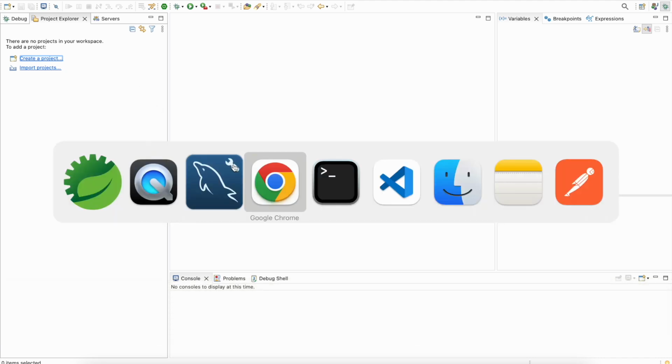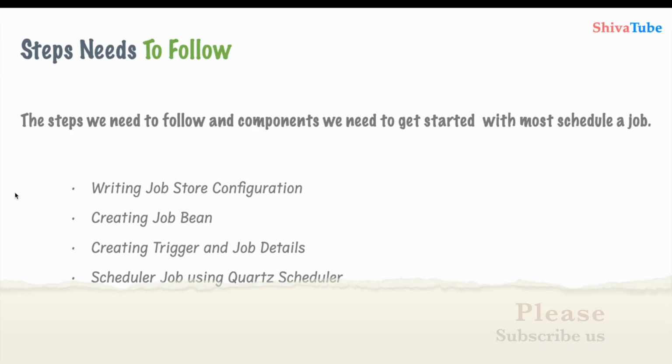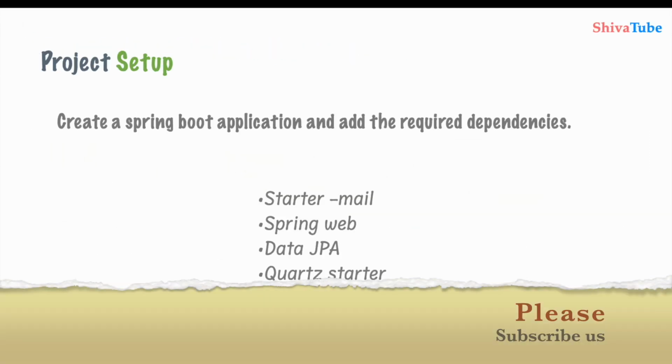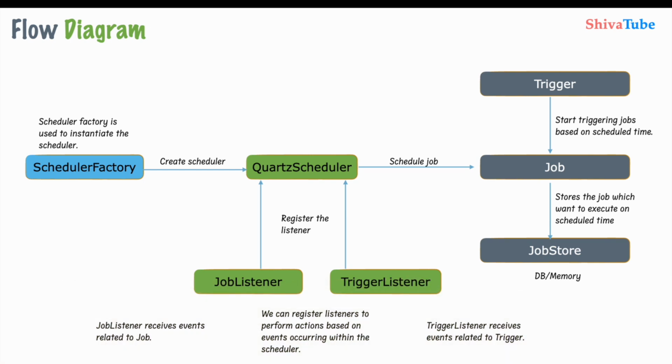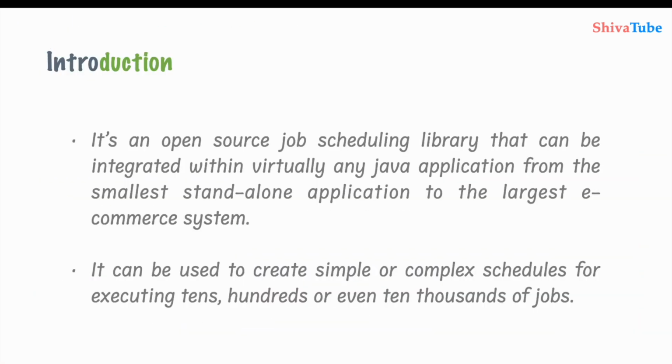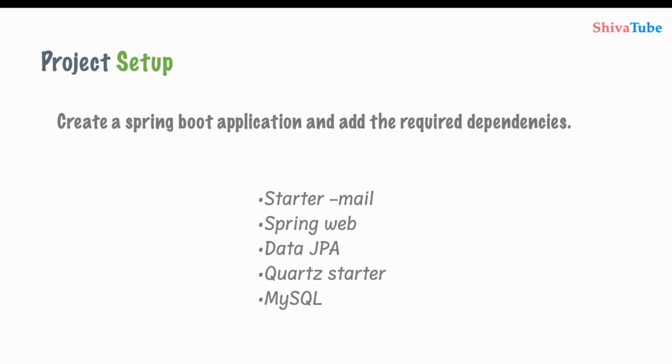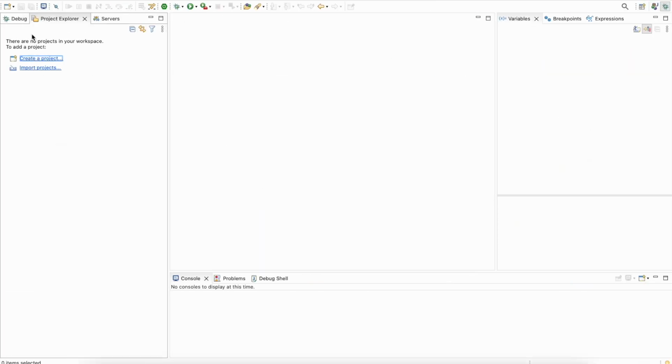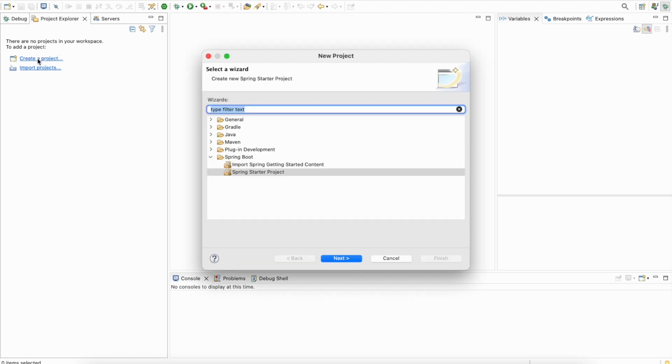As in the previous video we discussed the previous topics, like the flow diagram, prerequisites and use cases of this, and introduction, right? So let's start. For the project setup we need to add these dependencies in our application. So let's get started with creating a new project. This will be a Spring starter project,